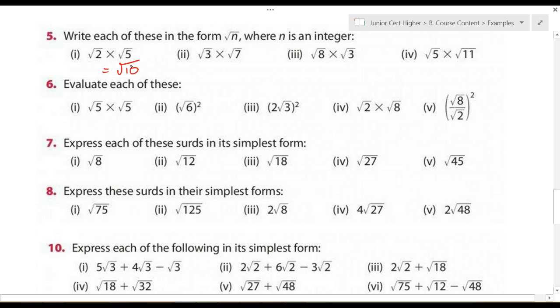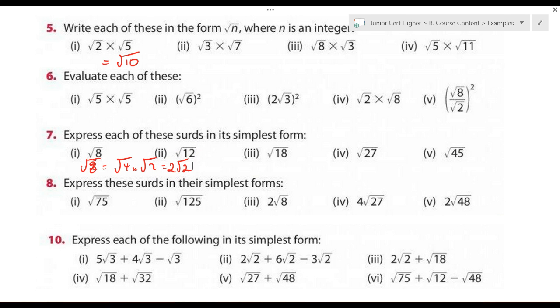Okay. Question 6 asks you to evaluate each of these. Root 5 by root 5, we should be able to do that. Question 7, express each of these surds in their simplest form. Well, root 8 can be written as root 4 by root 2, which is equal to 2 root 2. First one is done for you there, and then you should be able to do 8 and